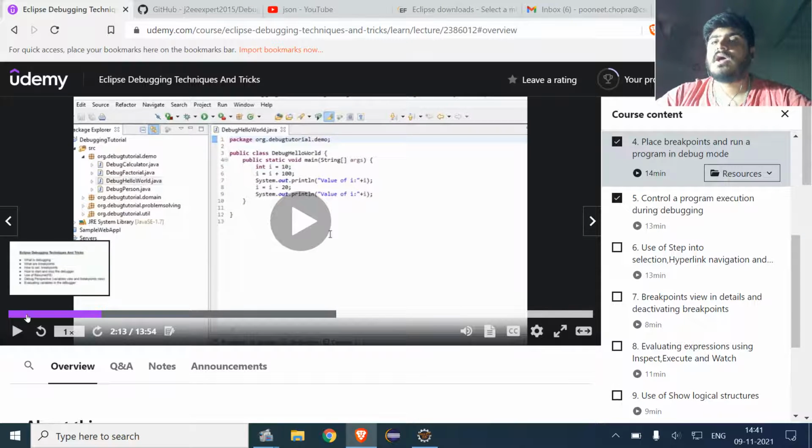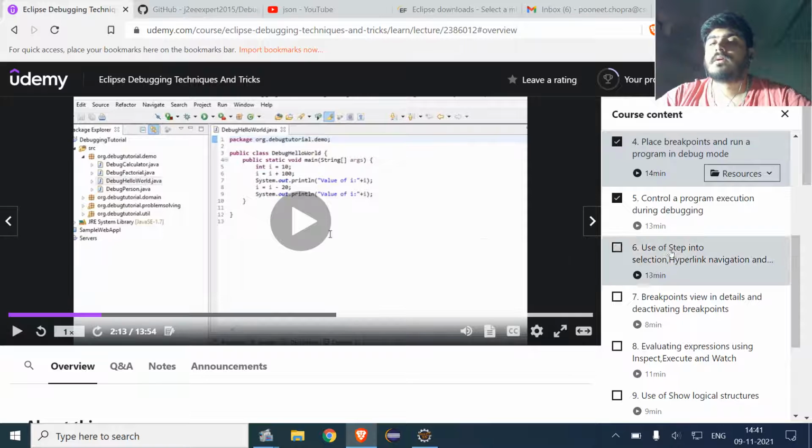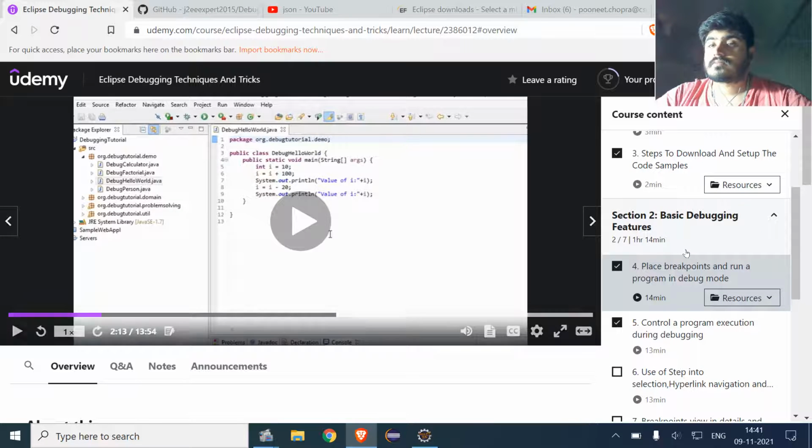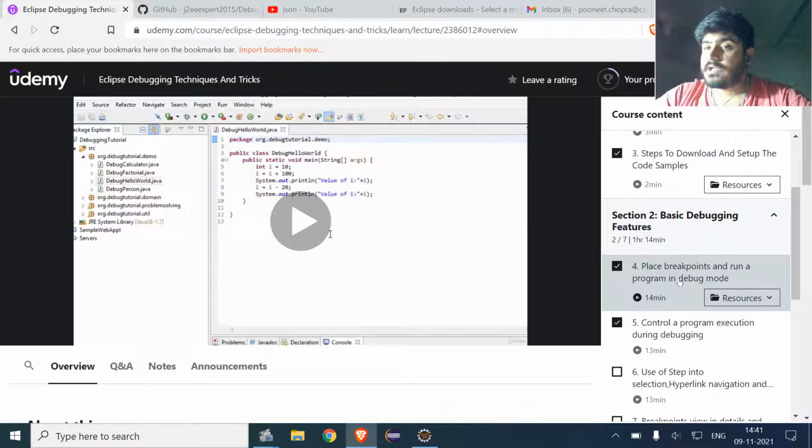So now, how we can place breakpoints and run a program in debug mode. Basically, we have a few things in this topic.